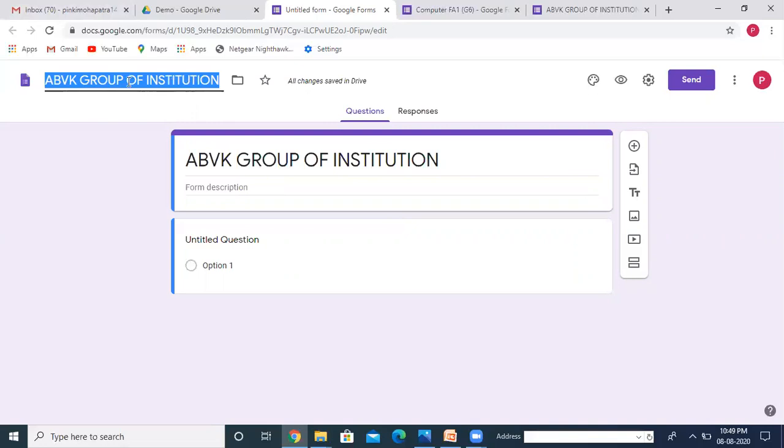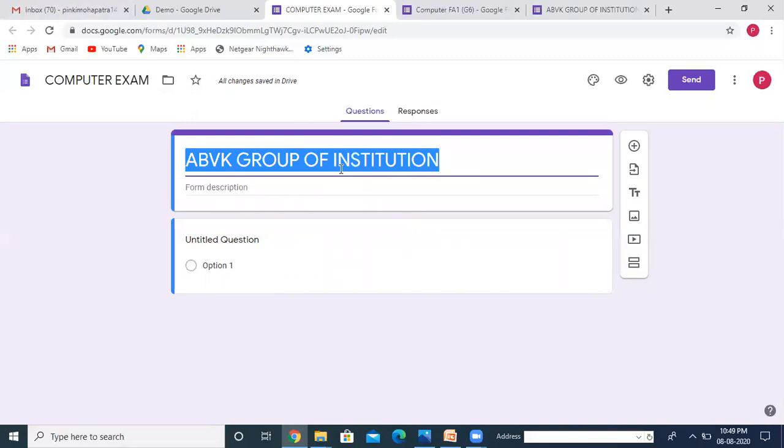I don't want the ABBK group of institutions to come here. I want the name of the topic or about the form, for what purpose I have created this form. So here I am writing computer exam. So now you can see this is not going to be reflected here. So these two are different things.